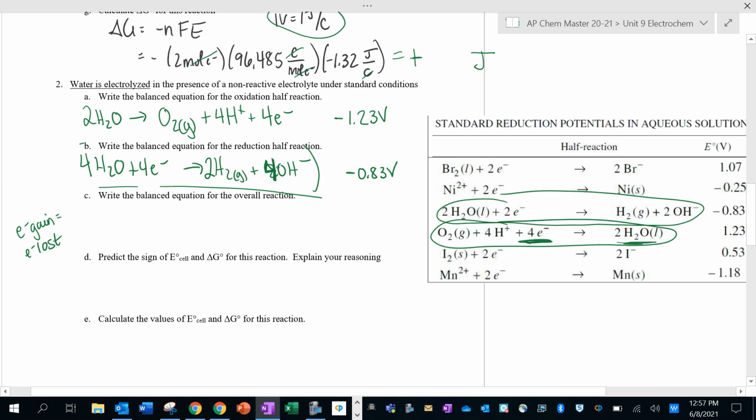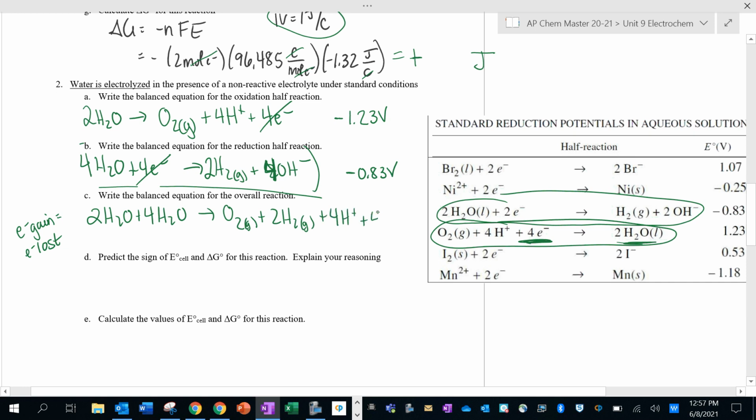All right, so now I'm going to add them up. And I should always notice again, electrons should cancel out, so I have the same number of electrons on the left and the right. And then I've got 2 waters plus 4 waters on the left. I'm going to simplify that in a moment. And then on the right, I've got oxygen gas, and I've got 2 hydrogen gas, and then I've got 4